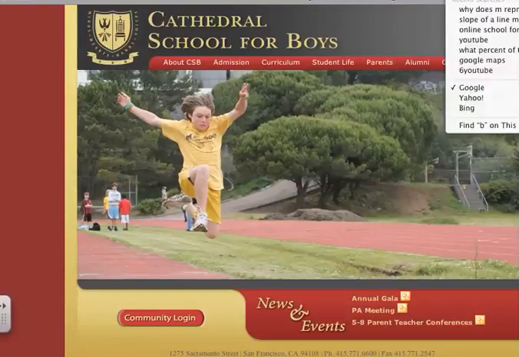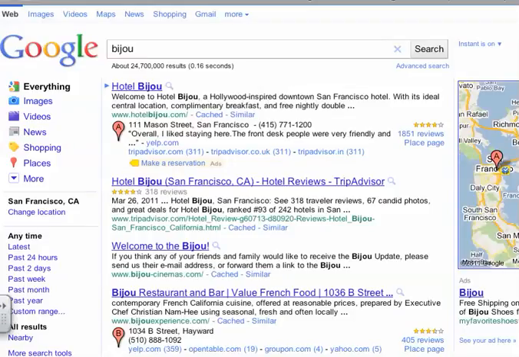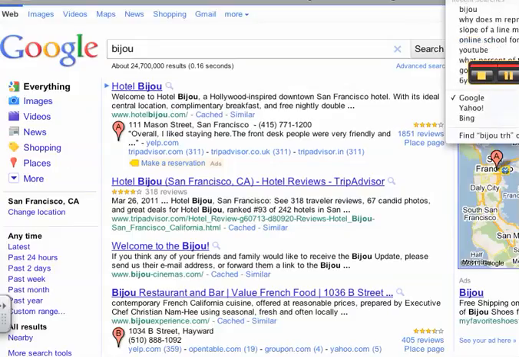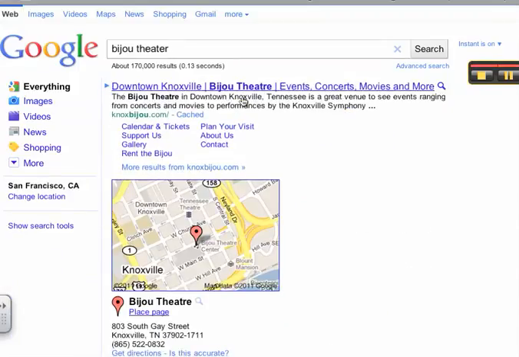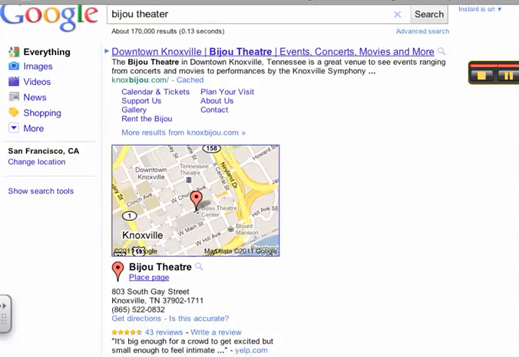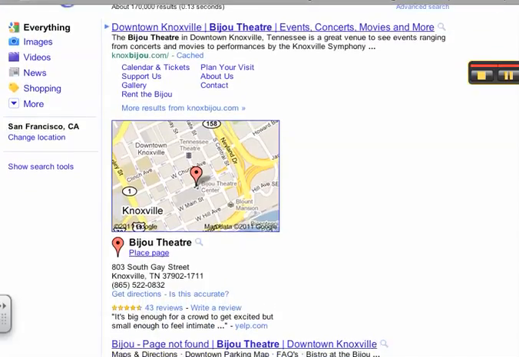Okay. You think that's where it is? Hotel Bijou. No, I don't want that. Bijou Theater. I'm going to have to move this real quick. Bijou Theater. Alright, Bijou. Okay, I spelled it wrong. Yeah, that's what I meant. Alright, downtown Knoxville? Really? Where's that? Tennessee. Okay, alright. Knoxville is in a state in the United States called Tennessee, if you did not know that. Tennessee is a state, one of the 50